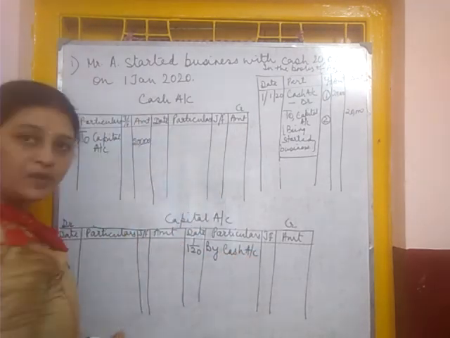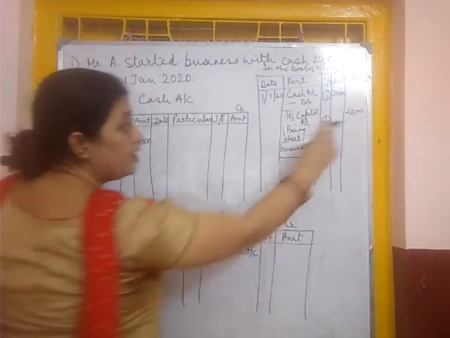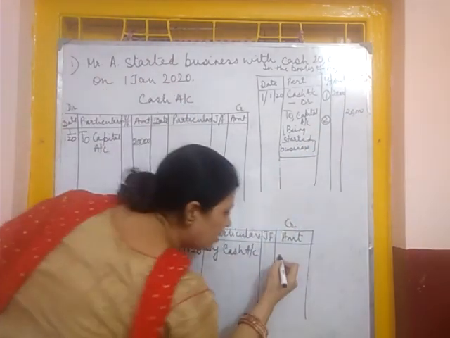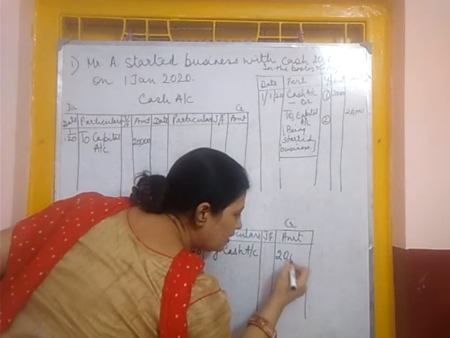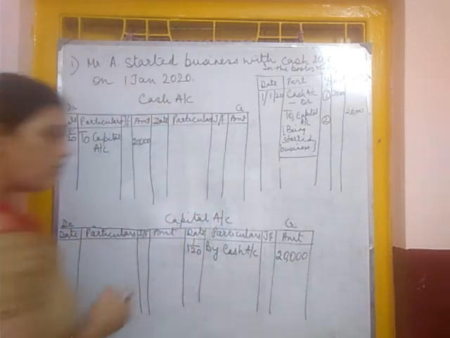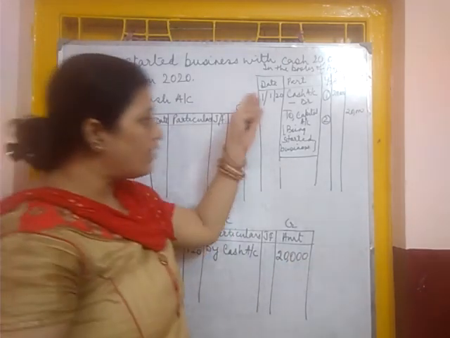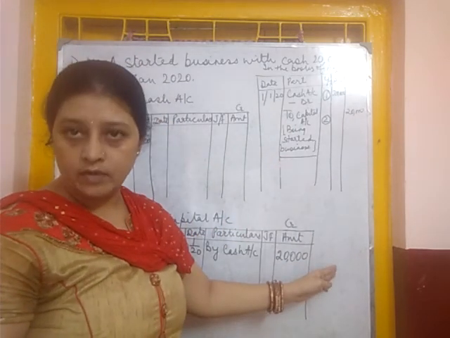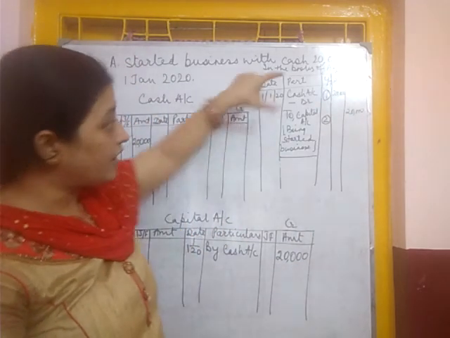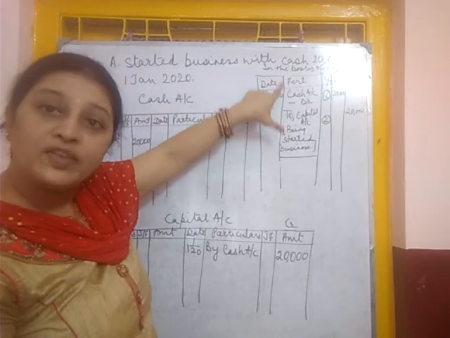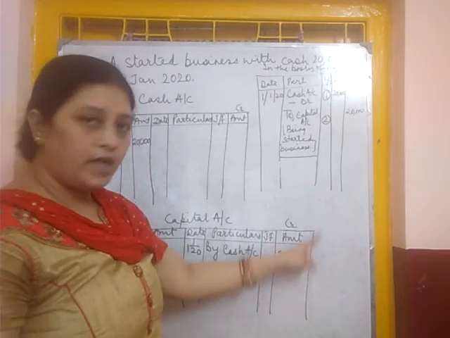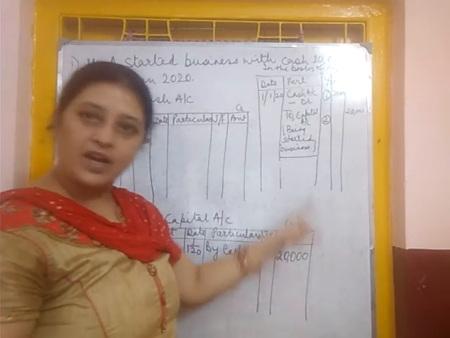Okay. And what will be the amount? The amount it has been credited with is 20,000. So we will write here 20,000. In this way you have to go through all the ledgers. Since we have taken one example, I am explaining with this only. Till the end, you will watch each and every transaction where cash is there, where capital is there.